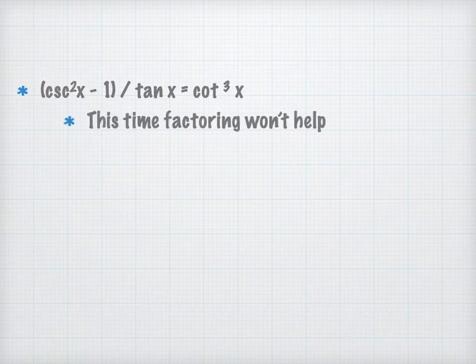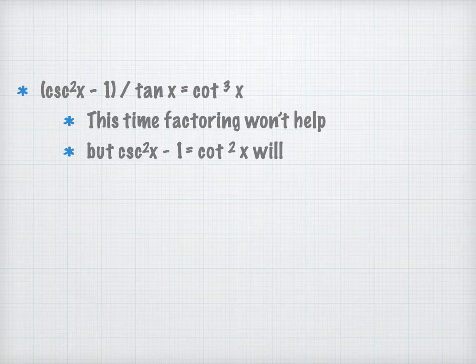And they point out that this time factoring won't help. And they actually do the factoring in the book to show you that it won't help. I didn't. But what we do remember is that the cosecant squared minus 1 equals cotangent squared. Now, back on that lesson that I didn't teach you about sine squared plus cosine squared equals 1, if you divide sine squared plus cosine squared